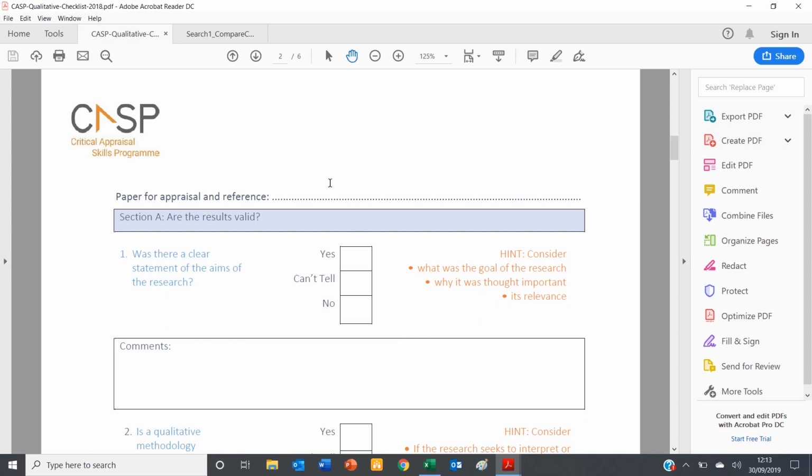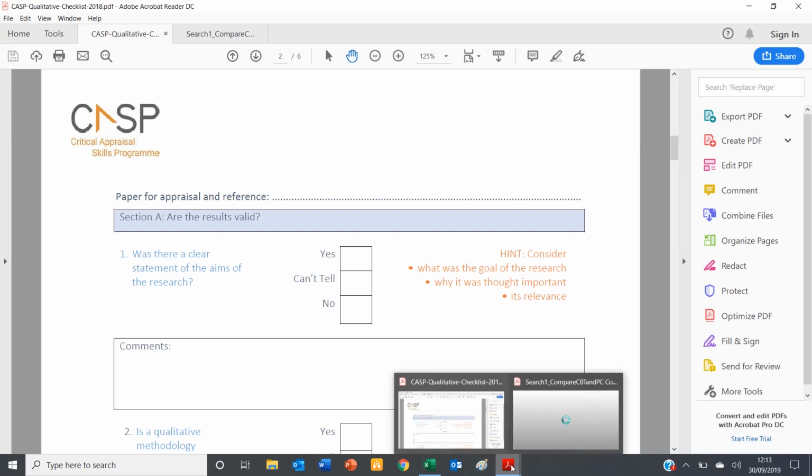Okay, so obviously you put the paper for appraisal and the reference number there. Okay. Was there a clear statement of the aims of the research? They're giving you hints here. Consider what was the goal of the research, why it was thought important, and its relevance. So on the article itself,